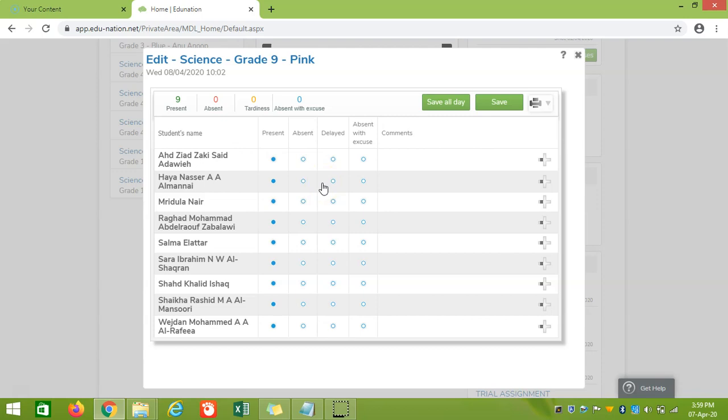Like in the class we take the attendance, right? The same way we can manually change the attendance. Like if someone is absent, you can click like this. If someone is late, you can mark it like this. Okay, this is the way you can mark the attendance over here. Then unreported also, from here we can get the attendance.